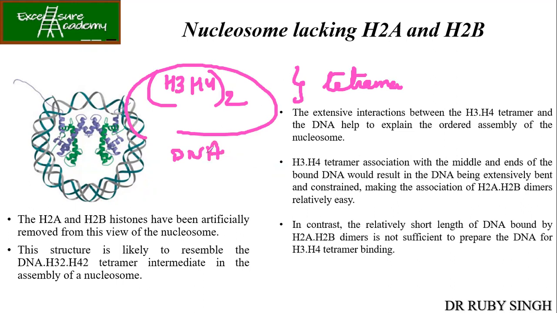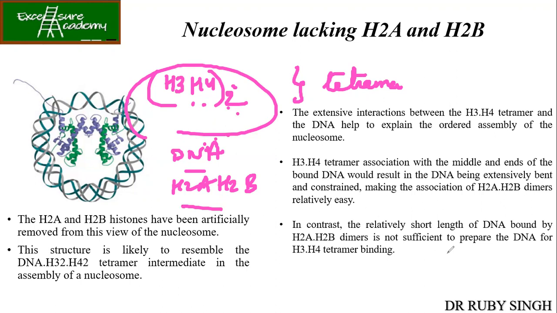So the interactions between the DNA and the H3, H4 resulted in bending of the DNA in such a way that it is actually making association for the H2A and H2B. ठीक है, तो पहले टेट्रामर आया आपका, टेट्रामर के ऊपर डीएनए आया, जब इन दोनों का इंटरेक्शन हुआ उसकी वजह से जगह बनी एंड H2A H2B के साथ बॉन्डिंग पॉसिबल हो पाई.